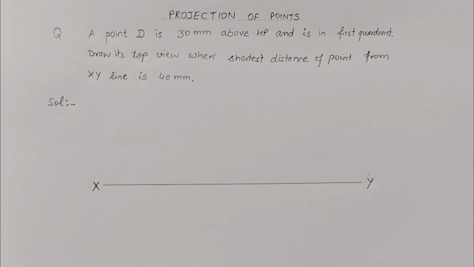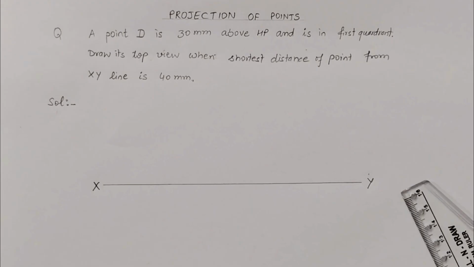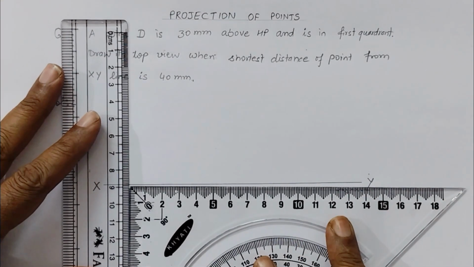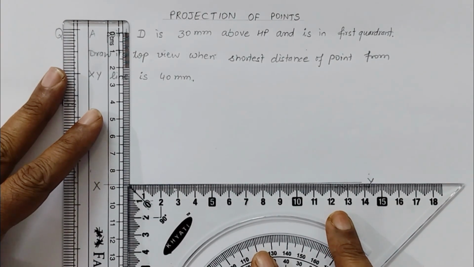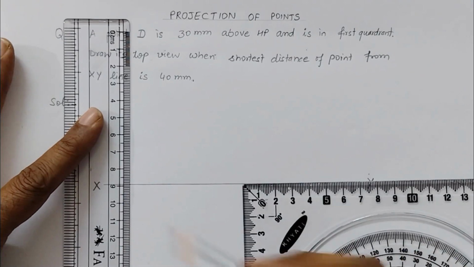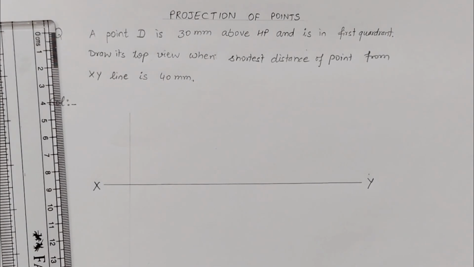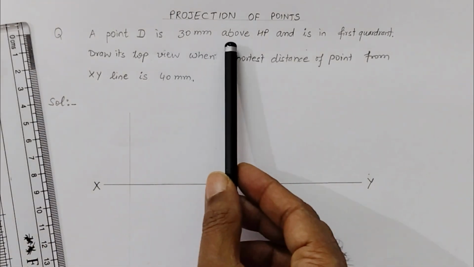First of all, we have already drawn the XY line as shown here. Now we have to draw the projector line. So here we have drawn the projector line for point D. On this projector line, as we have been provided with 30 mm above HP,